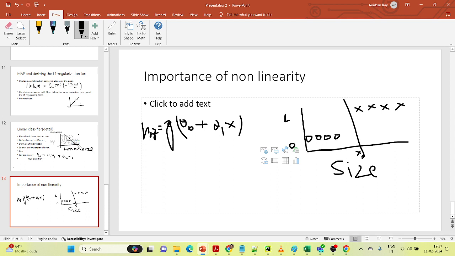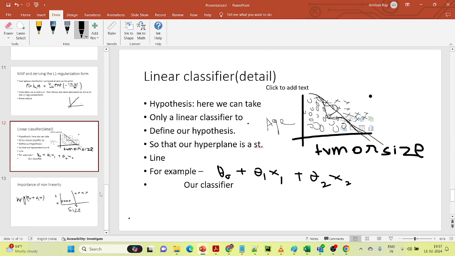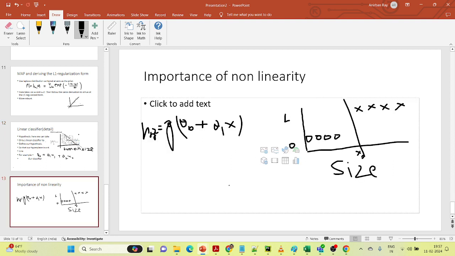So what I have told here is, this is the line. As you can see, I have made a vertical line, but it can be tilted like this as well. So this is our classifier. Like in this case, it was the classifier. The idea is that above a specific threshold x0, we get this.